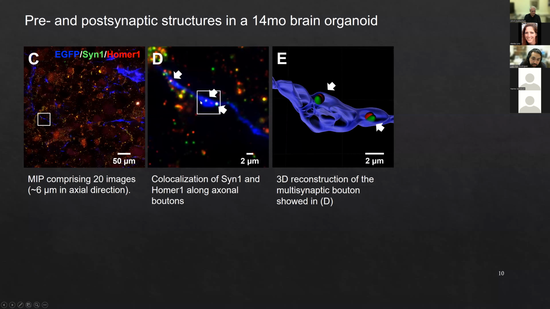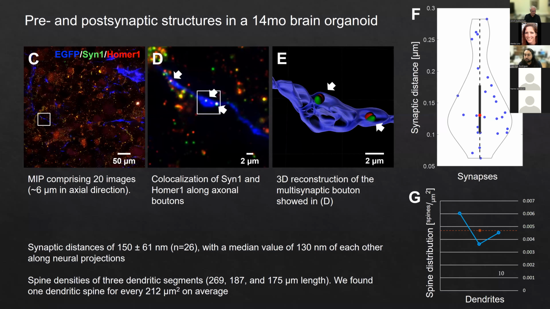And here we can see that we can colocalize perfectly when we do our 3D reconstruction. We can perfectly see the colocalization of this pre- and postsynaptic protein, in this case in a multisynaptic bouton. With this data, we are able to do the analysis of the synaptic distance in an organoid, where we got a mean value of 150 that correlates well with what is shown with other super resolution methods like STED